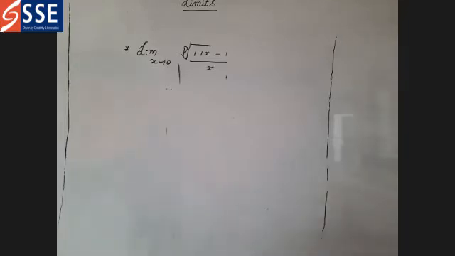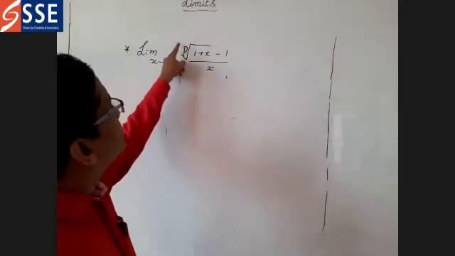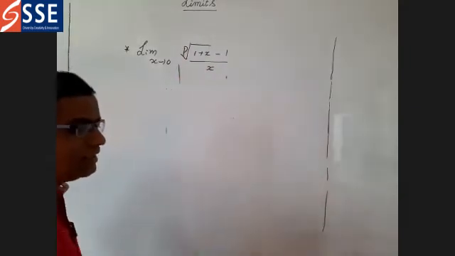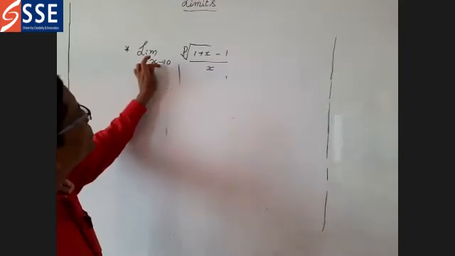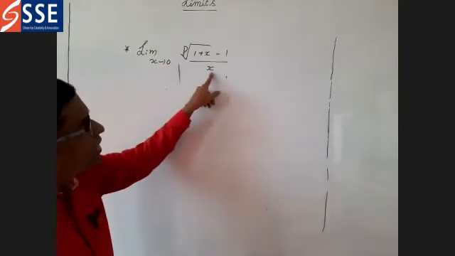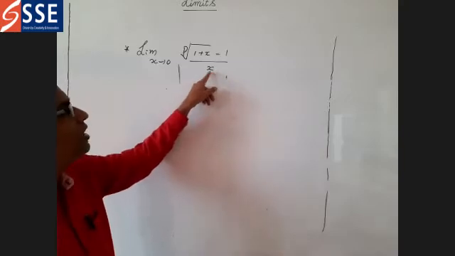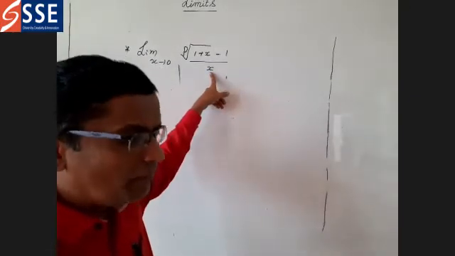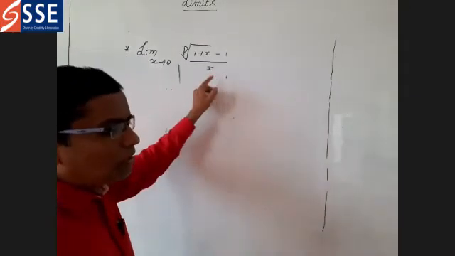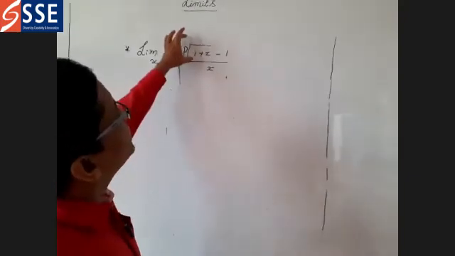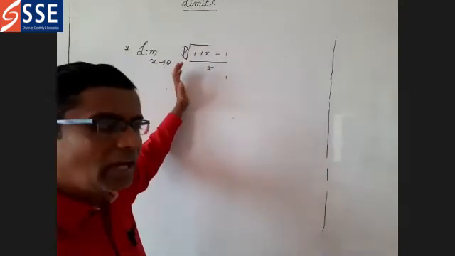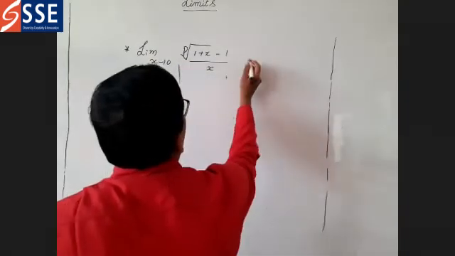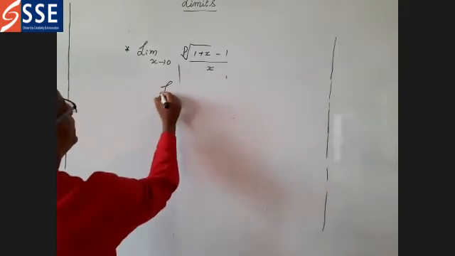Okay, so limit x tends to 0, (p-th root of (1 + x) minus 1) by x. See here, I already told you that after the substitution, in the denominator we are going to get 0. If the denominator is 0, we can't define it. It is an indefinite form. So that's why you are going to do differentiation of the numerator and differentiation of the denominator.